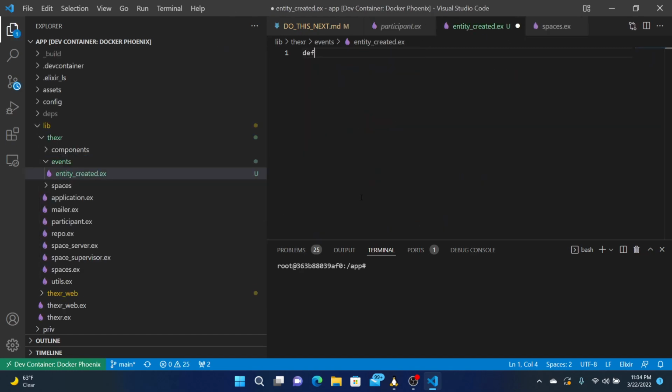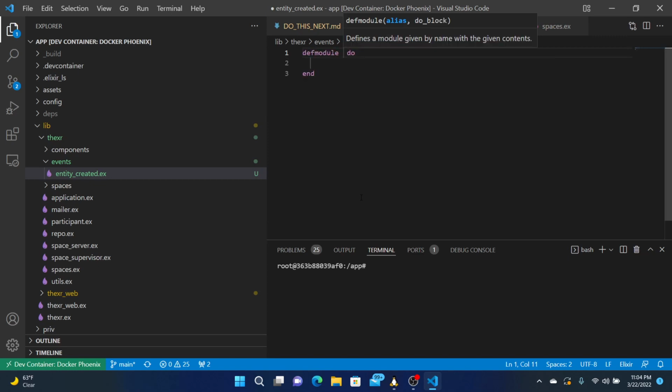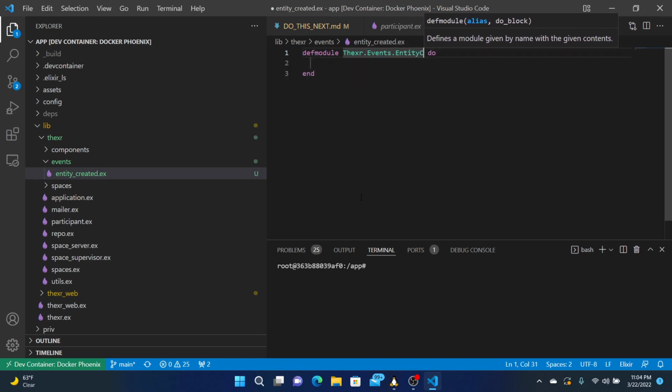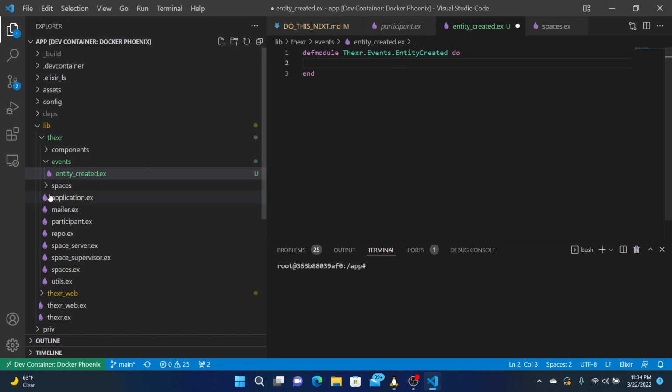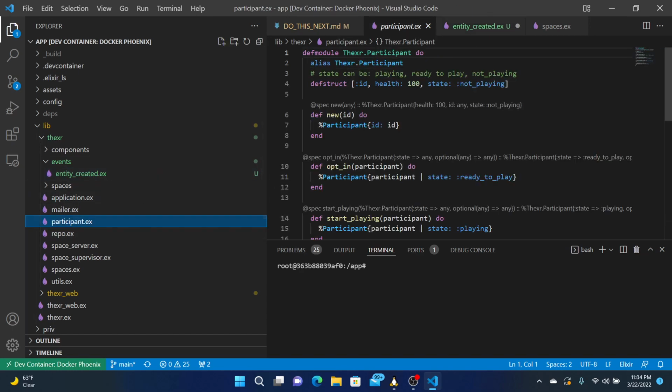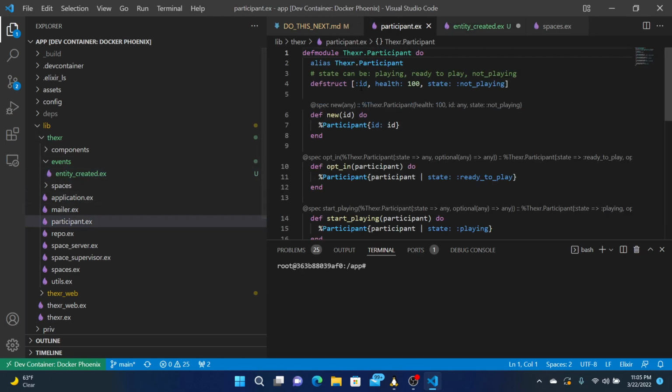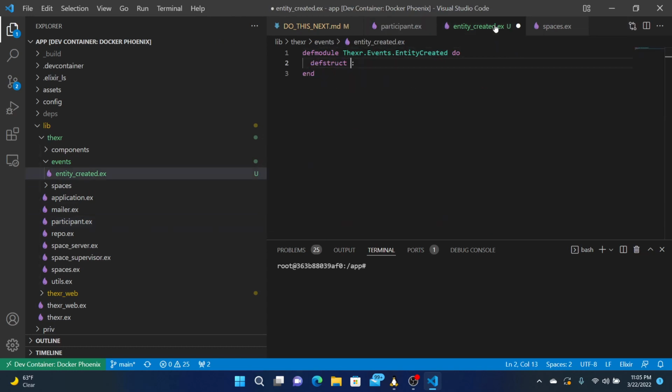So in here, I can define a module called XR events entity created. And how would you define attributes? I need an example, def struct, define structure. So the entity needs a couple things. Okay, it can be a list of key value pairs.